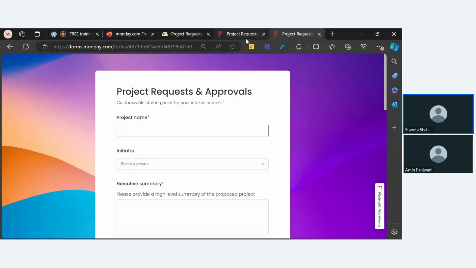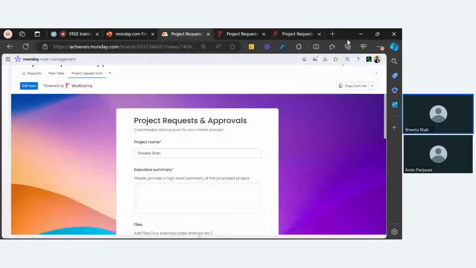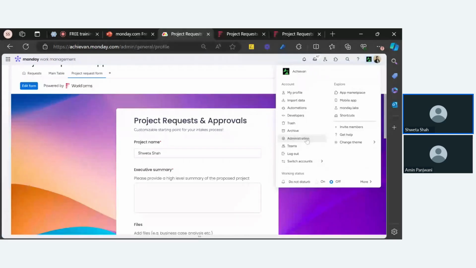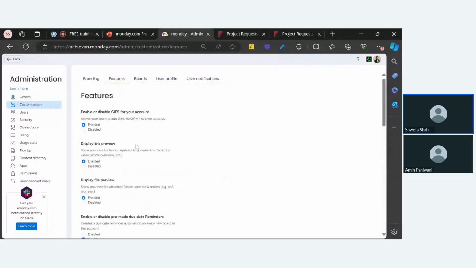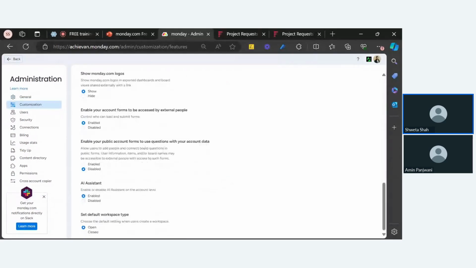So what they did is, I'm going back to Monday, sorry for the back and forth. This particular condition has to be enabled by the admin. You will find it in admin, in the customization, as a feature request, in the features. By default, it's disabled. Enable your public account forms to use questions with your account data, so allow users to add people